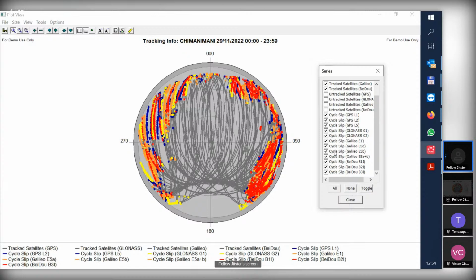This once again indicates either an obstruction, something like a tree or a tower, or even worse, something like interference. If the signals are constantly interrupted, that indicates there is some kind of jamming, which prevents the receiver from tracking properly. Here in this case, I have cycle slips almost everywhere up to 35 degrees. These circles which you see here,